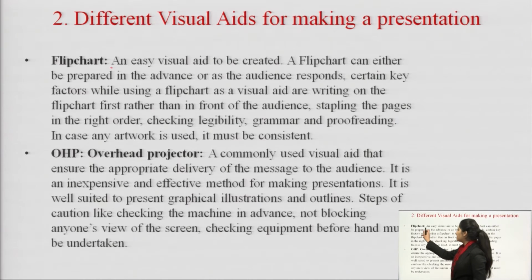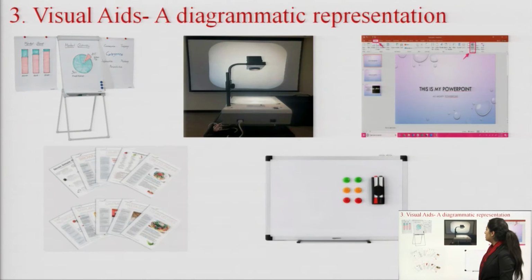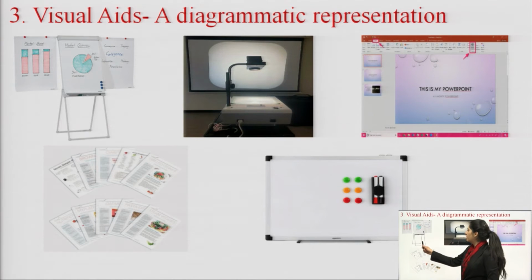The first visual aid is a flip chart. Now, what is a flip chart? A flip chart looks something like this. I have put this diagram so that you can understand what a flip chart is. This is actually a big canvas kind of thing where you write certain things and mark certain things. Usually, students, in corporate, when people sit in the conference room for a discussion and they brainstorm, they use these kinds of flip charts. So, this is a visual aid that is very, very effective while we are making a presentation.